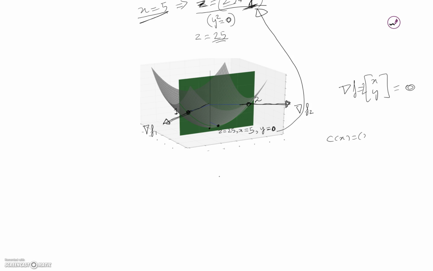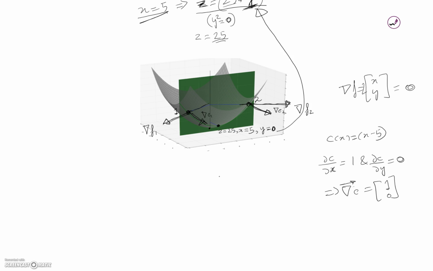And now let's consider the gradient of the constraint. c of x equals x minus 5, and del c by del x will equal 1, and del c by del y will equal 0. This implies the gradient of c is always (1, 0). So it will always point along the x-axis. So if we draw that here, we'll see something like this. So this is del c1, this is del c2,